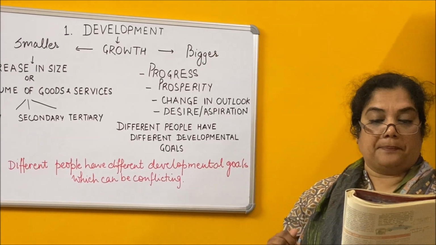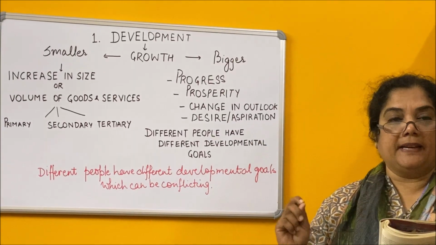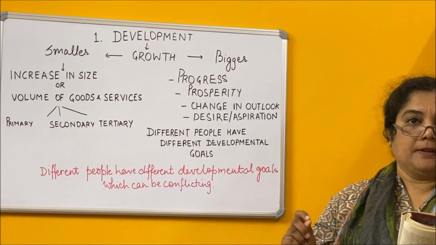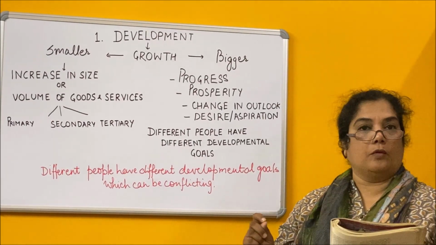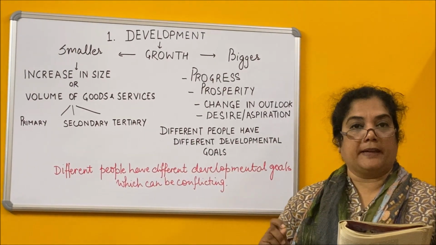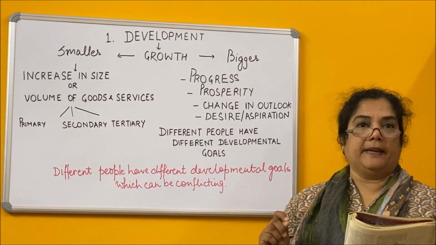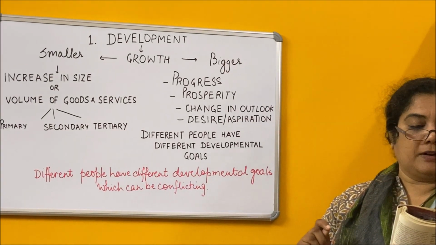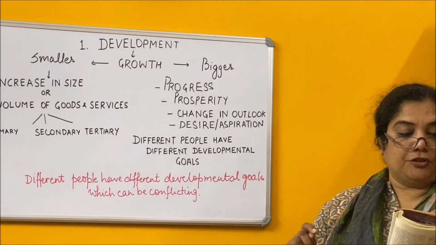What would be the developmental goal? He is already a progressive farmer. So what he desires is that his output or his harvest should be good. Because he has more income, therefore he can afford to send his children to study abroad. Then he would also wish that the people working on his farm are cheap laborers so that he can earn more profit.